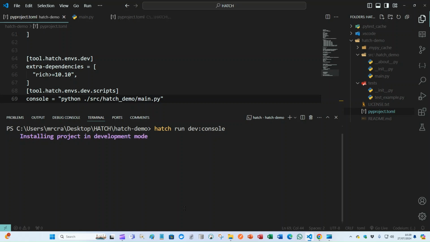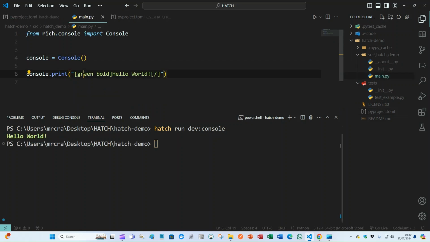It creates a new environment. We don't build one, it creates it new, and we'll see that when we go through our list of environments, which will be picked up straight from pyproject.toml, not because we've run this first command. So let's just wait for this. And it's obviously slow the very first time. There, we've got the hello world, which is what we've got in here. So if I make that blue, now if I run it again,